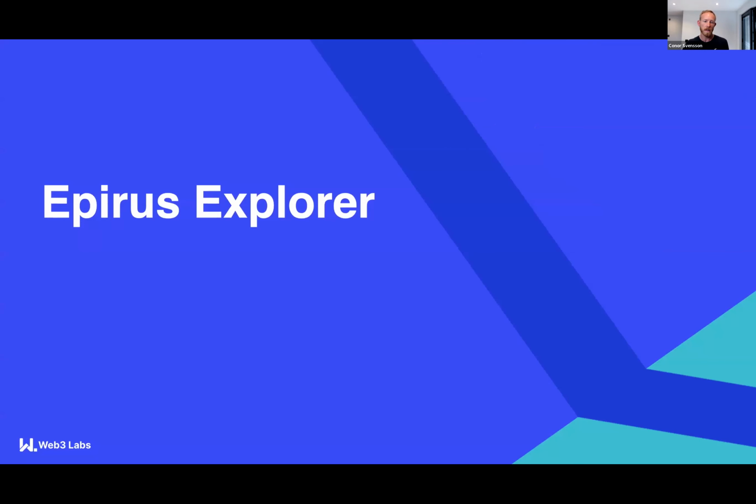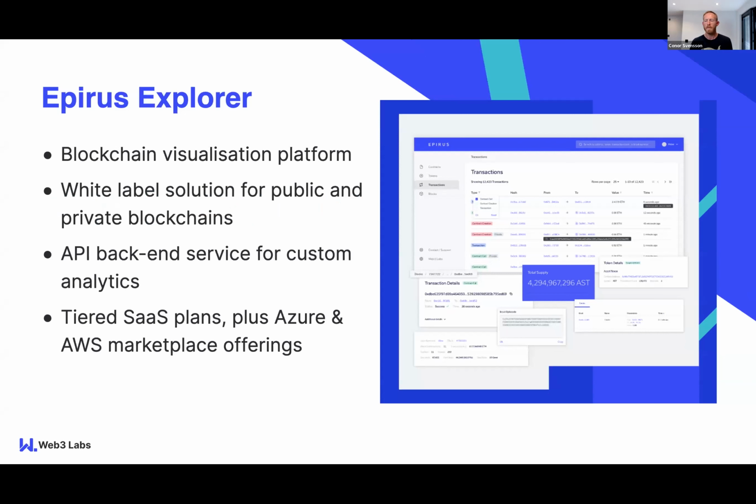Epirius Explorer is a commercial blockchain explorer that we have a number of users spread between enterprise as well as companies and protocols that are launching their own networks. But fundamentally, it's a block explorer. I'm sure many of you know what that means as we've been talking about it. And the way we come at it, though, with Epirius is we think of it more as a sort of